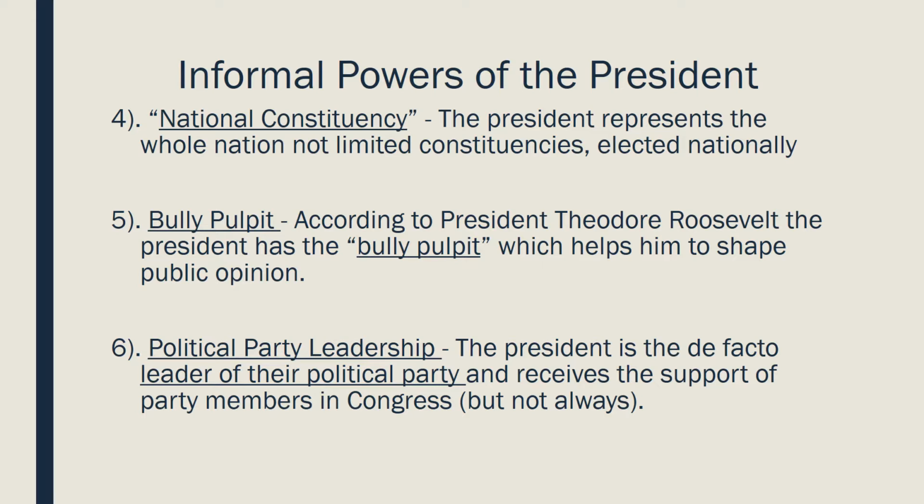And so the president's leadership, their policies, are much more likely to be passed if their political party also holds the Congress. This can be a limitation on the power of the president, however, too, if the Congress is of a different political party than the presidency. But if they are of a similar political party, the Senate, the House of Representatives will more than likely take a backseat to the president's policy priorities in foreign policy.